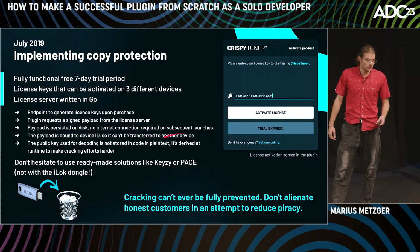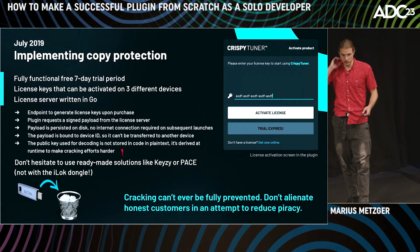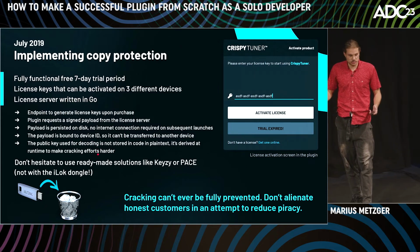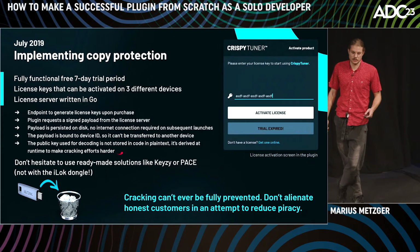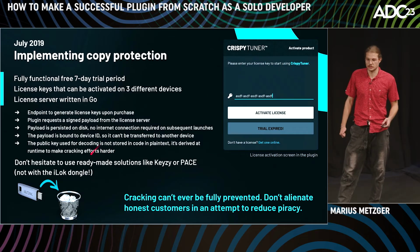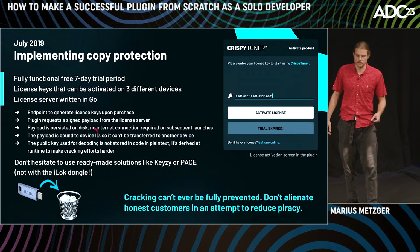The only thing I'm asking you to do, like, you can use the PACE copyright protection, you can use something like Keezy, but just don't force people to use the iLok dongle. Luckily, that's not really a thing anymore, but I remember 5 years ago, if you wanted to get Antares Autotune, you had to get the dongle, and that's just really user-unfriendly. Now, to be fair to the dongle, it's really good to have it for offline activation, for studios that don't want to connect their computers to the internet, and for just taking around your licenses with you between computers. But for the end user, you mustn't force them to, so please always give them the option to do it